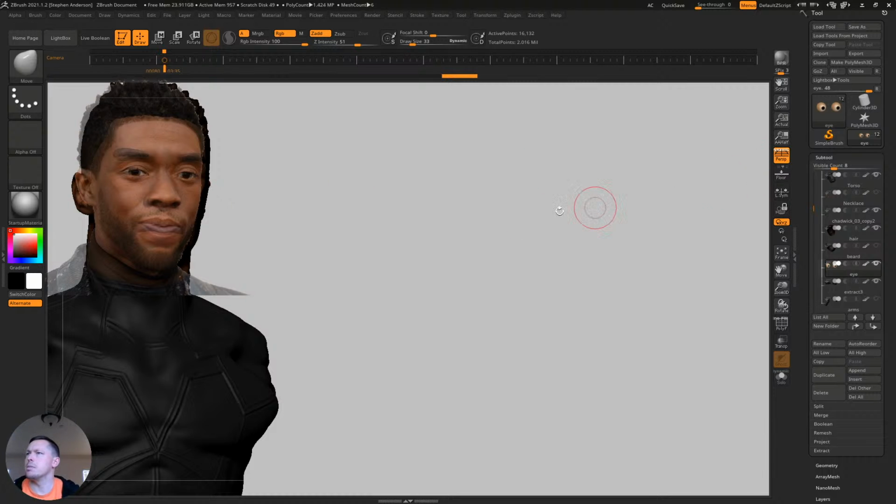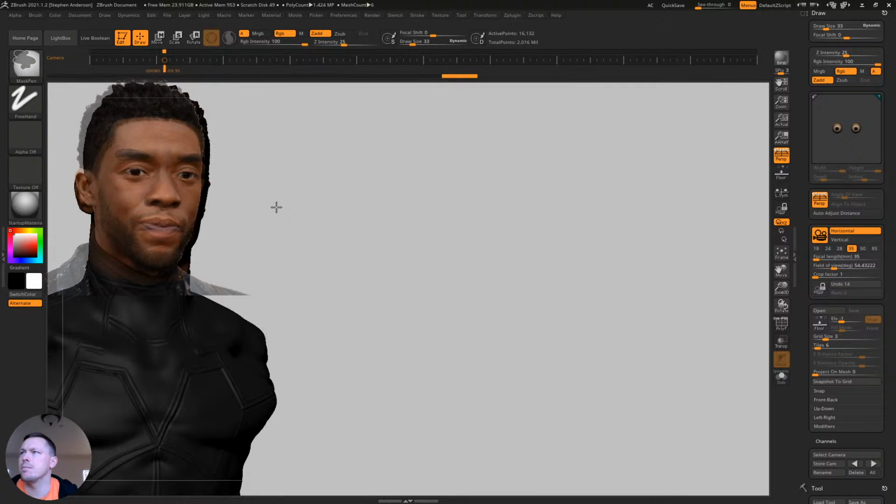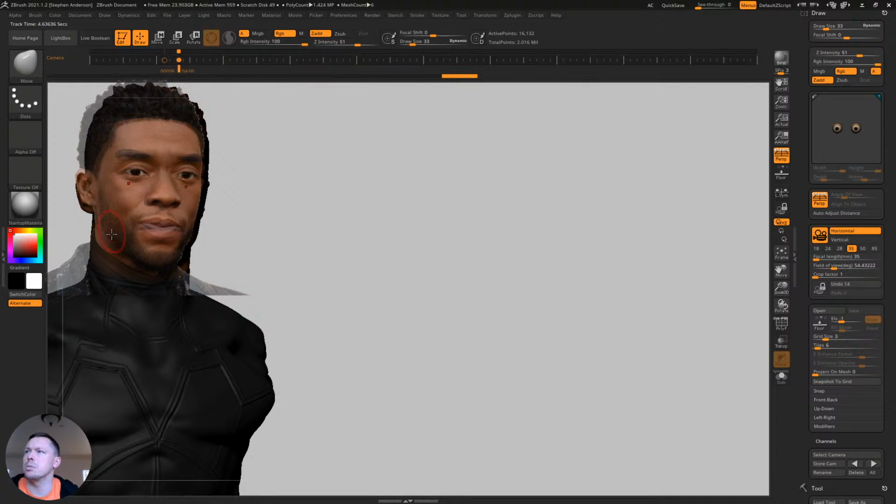Let's see, let's line them up. I'm going to change my view angle, it's not really doing anything for me. Just going to try to line them up a little bit here. Now, one of the things that's going to be tricky is getting this to actually read like him, because if I just come over here and push and pull on these proportions until it sort of matches up with the concept, with the image,